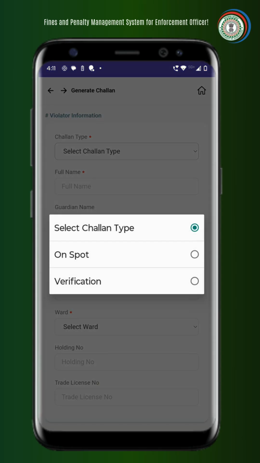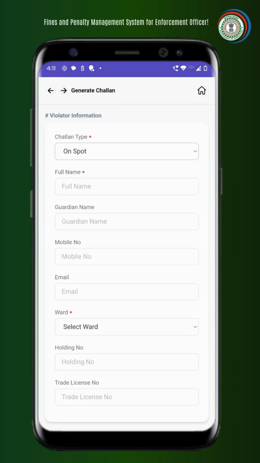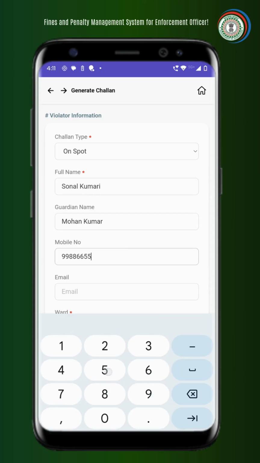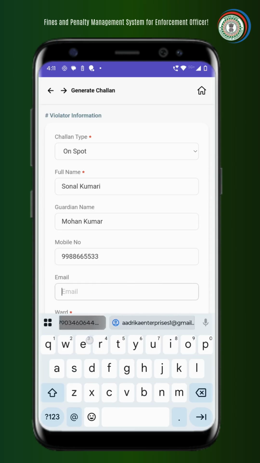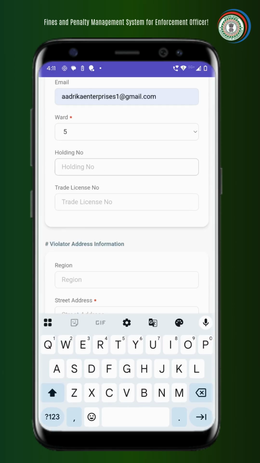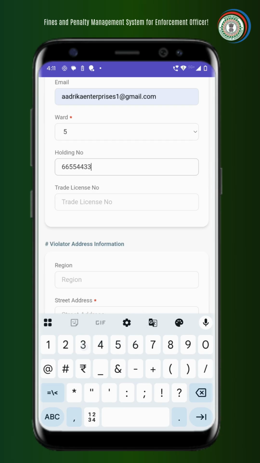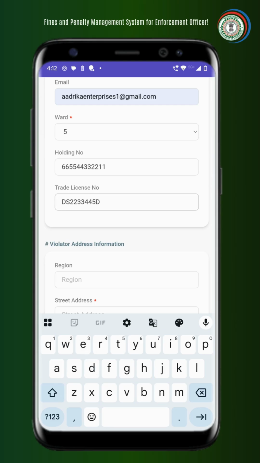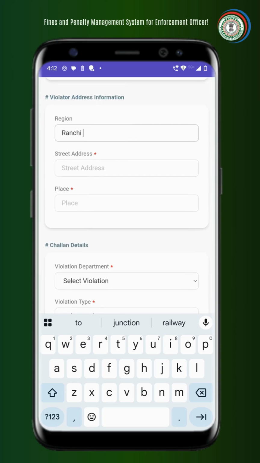Challan type, full name, guardian name, mobile number, email, ward number, holding number, trade license number. After completing the violator information, enter the violator's address details, including region, street address,